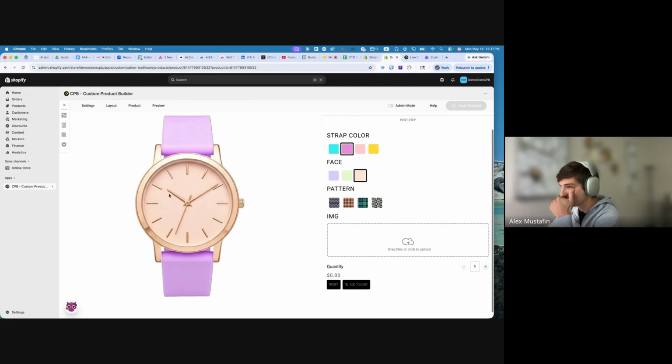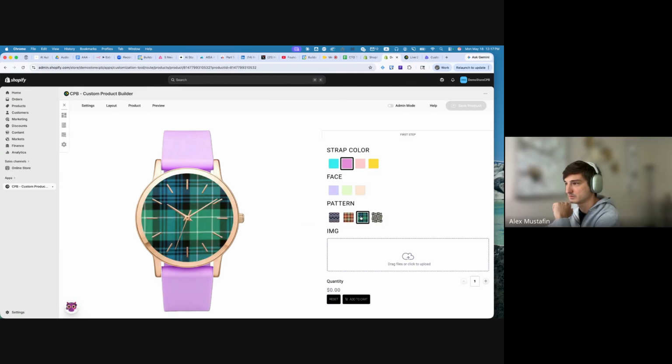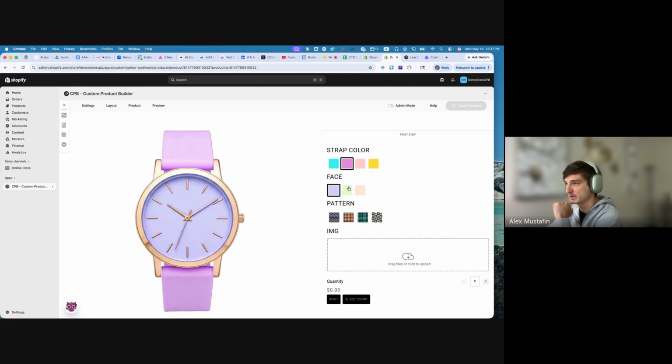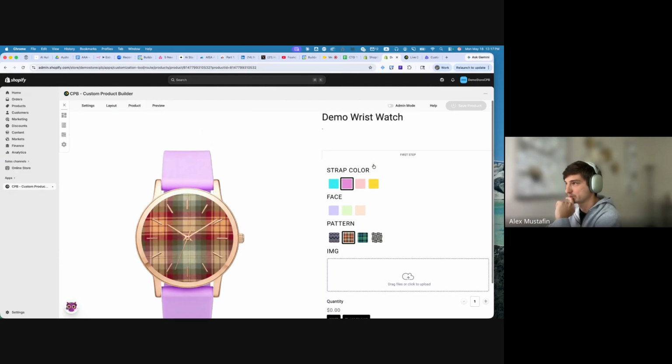Okay, so for example, here on this image, the wristband, the strap, is one layer in Photoshop. The face is another layer in Photoshop. The pattern is the same layer as the face, but it just shows different pattern overlays. So